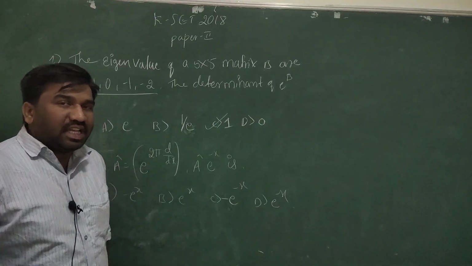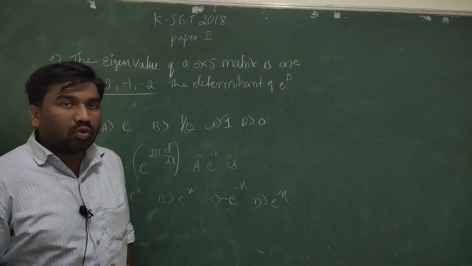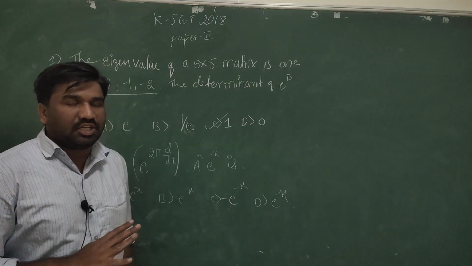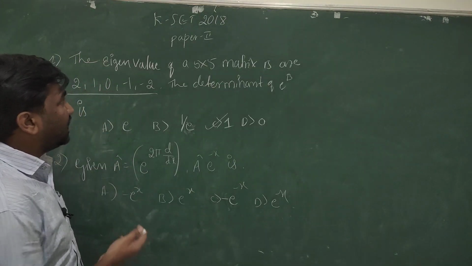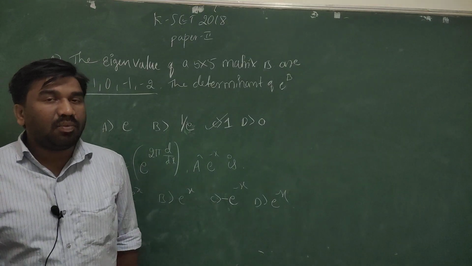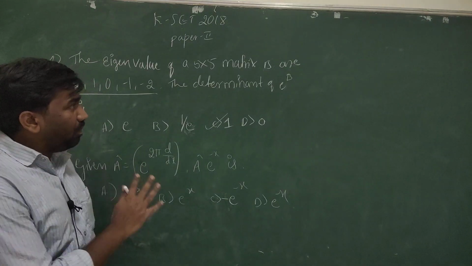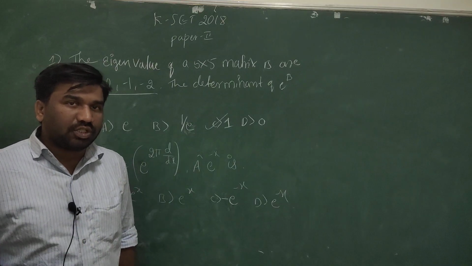From 2018 onwards, the questions come with part 1 and part 2. Part 1 covers general questions, and from part 2 they ask for physical science or subject papers. In the corresponding subject papers, there will be 100 questions. From the mathematical part, you can see 10 to 11 questions.